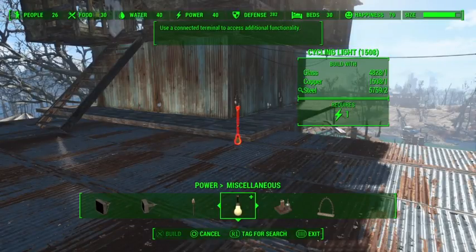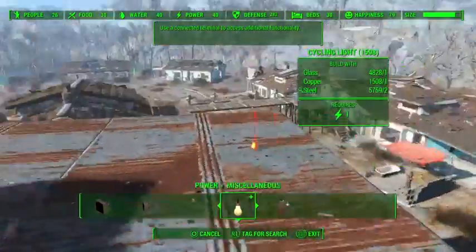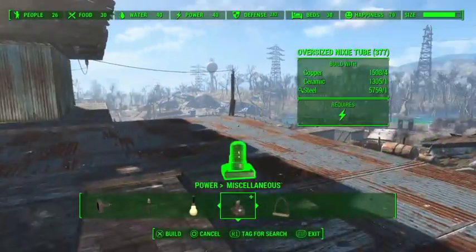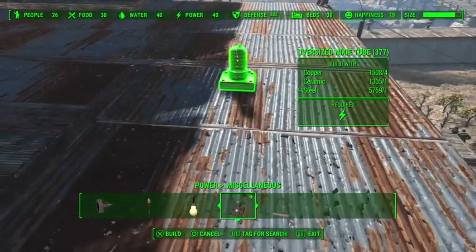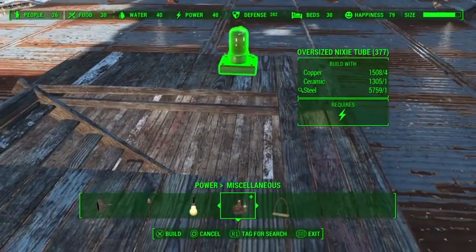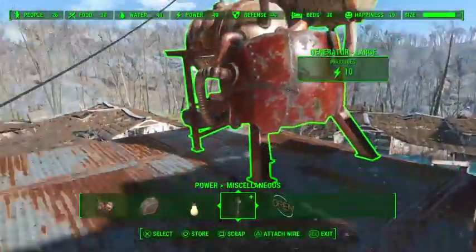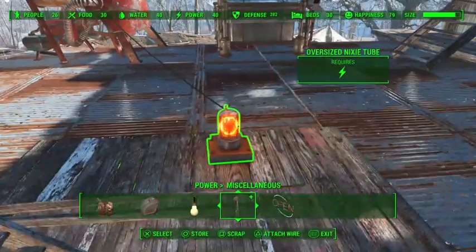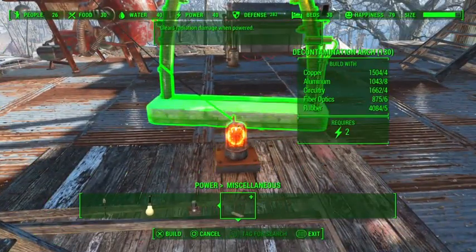Yeah, you don't need a traffic light in this game. Not at all. No reason, no way, no how. It's not like anyone's driving anywhere, you know? I guess just for flavor, you don't need any of this stuff, so... Oversized Nixie tube? Huh. Hey, look at that! A light. Okay, well, that's...